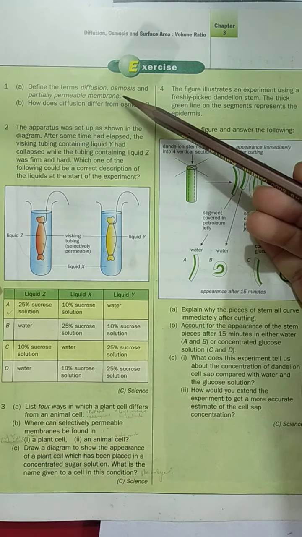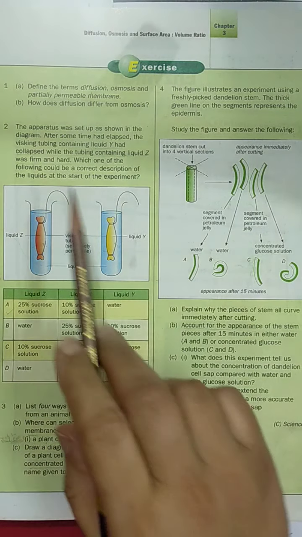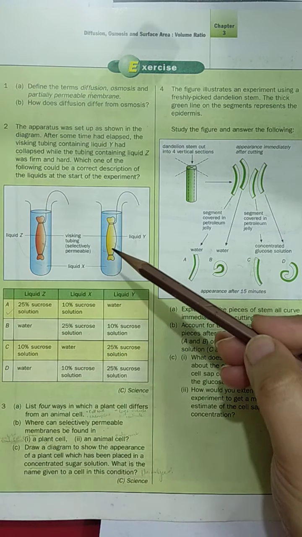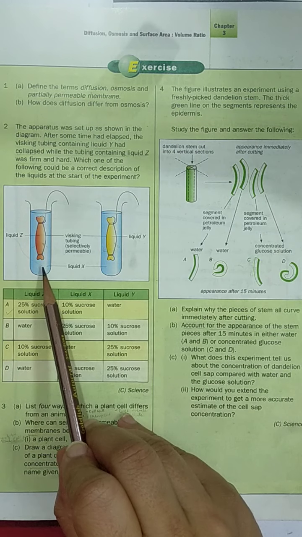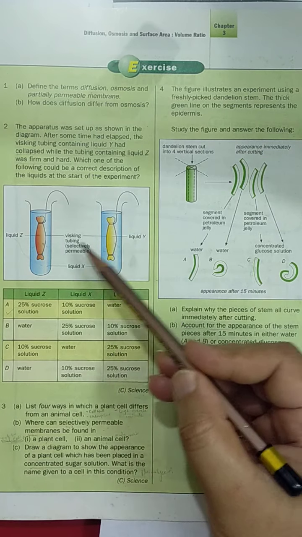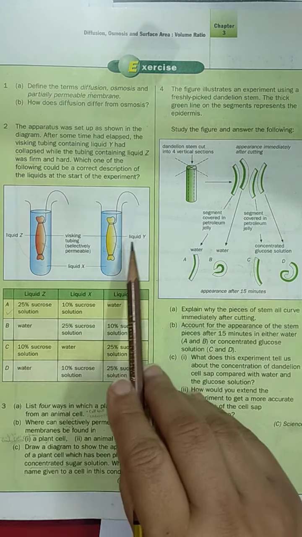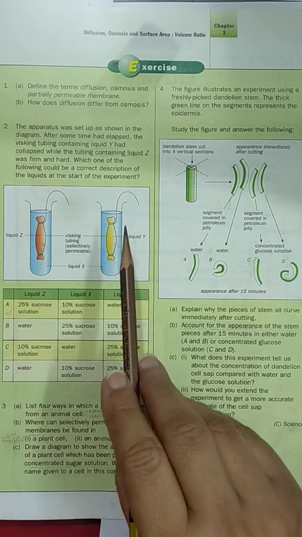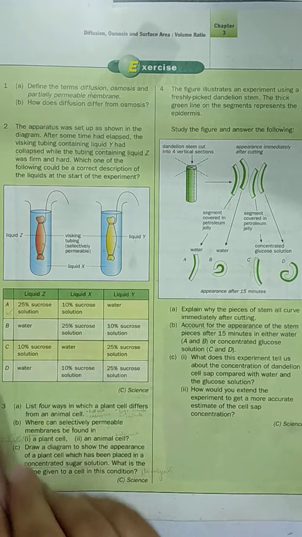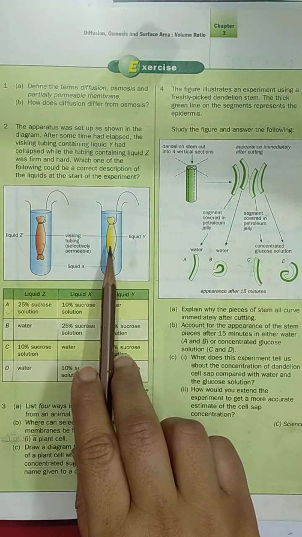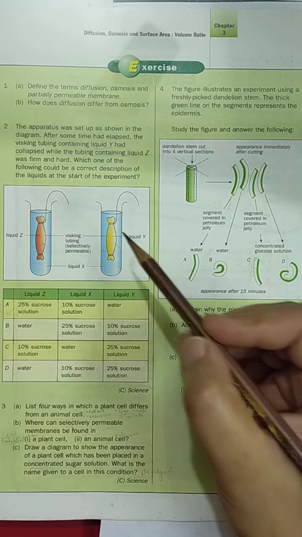You have done question number 1 and question number 3. Two questions are left. One is question number 2, and in this question they have given three solutions. One is liquid X, in which these two tubings are given. One is having liquid Z and one is having liquid Y, and they are asking in this MCQ which one is the correct option,